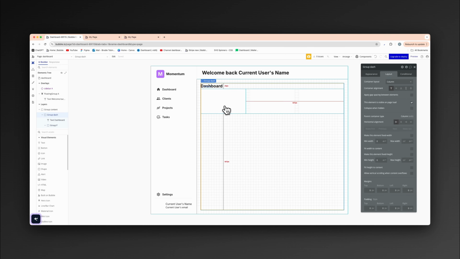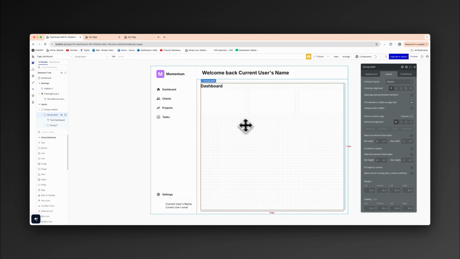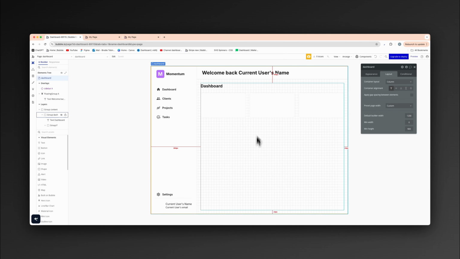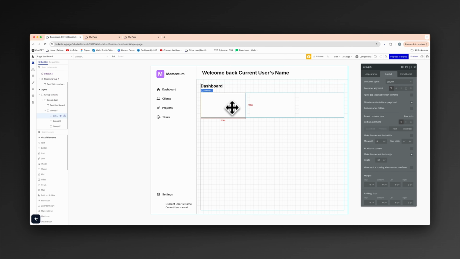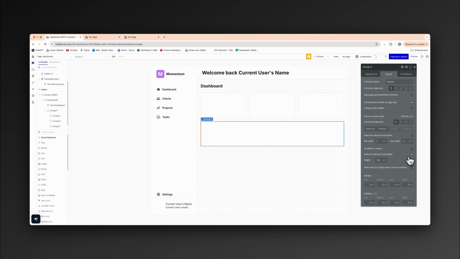And now, as you can see, we have that sort of spaced out elements, but the actual dashboard title is sitting a bit too close for my liking. So on the group dash, we're going to apply some row gap of 24, just like that. And now, just for the sake of this, we're going to copy this group again, like that. And let's just make the height on this, I don't know, we can set this whatever we want. Let's just say 500,